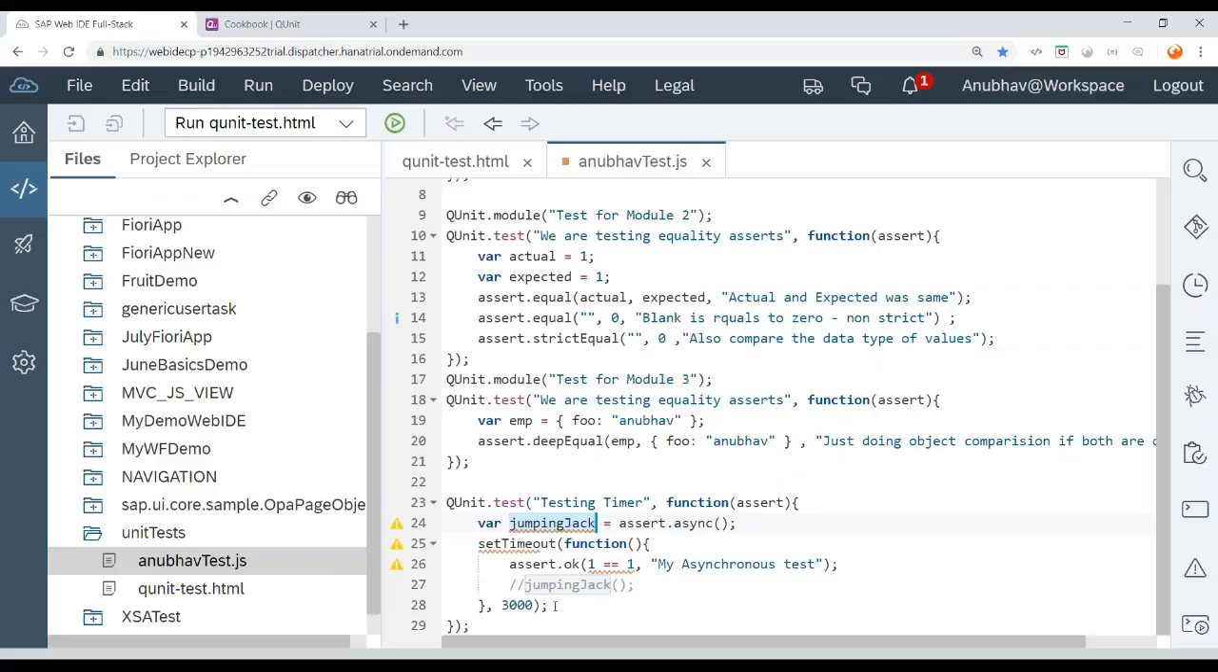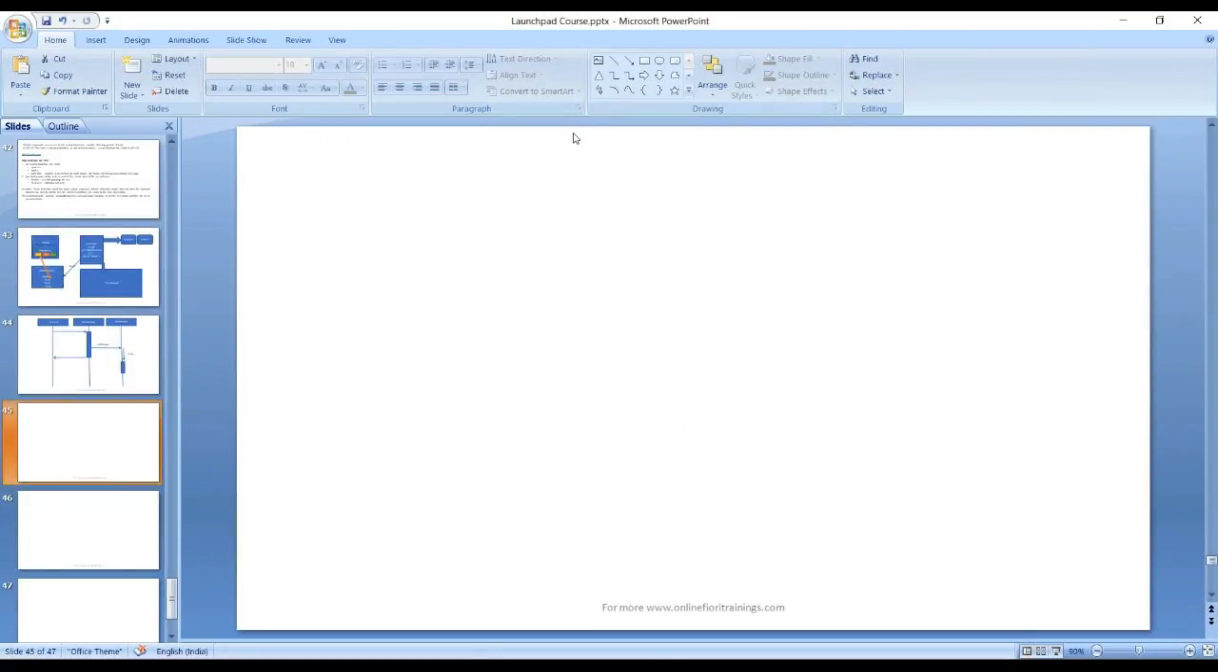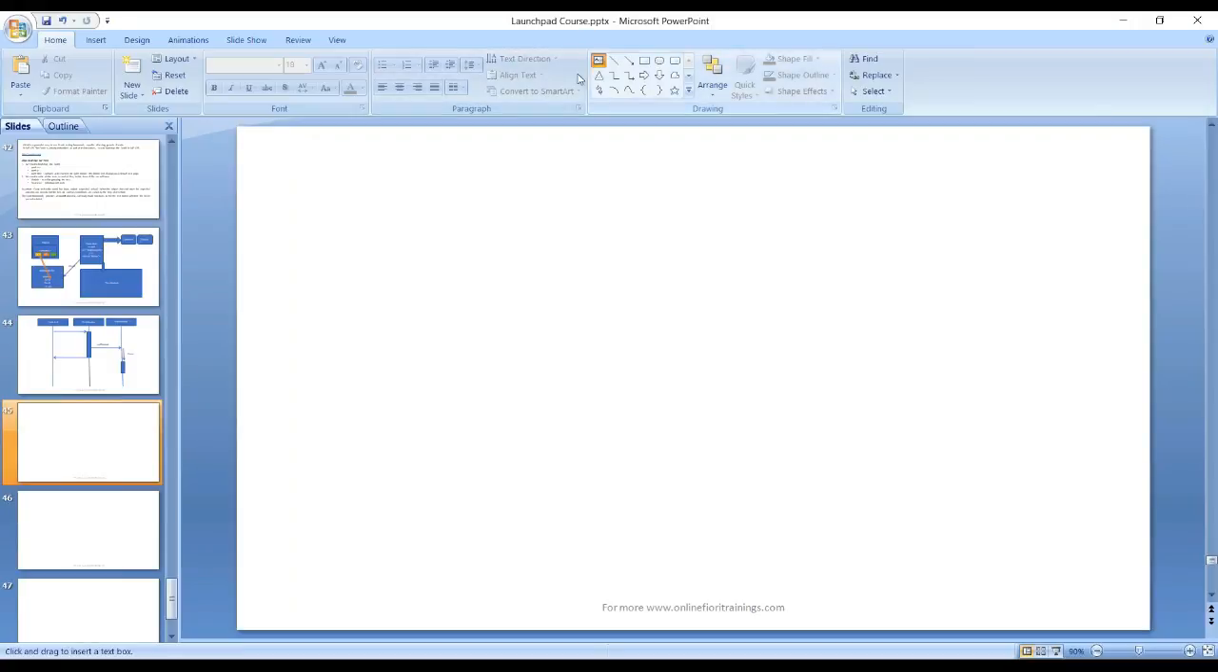OPA5 test, one-page acceptance test, is mainly used for integration purposes, testing your user journey. What is a user journey? We already talked about it in the UX chapter. User journey is all about clicking something, navigating to something, something happens. If you remember, user journey is all about